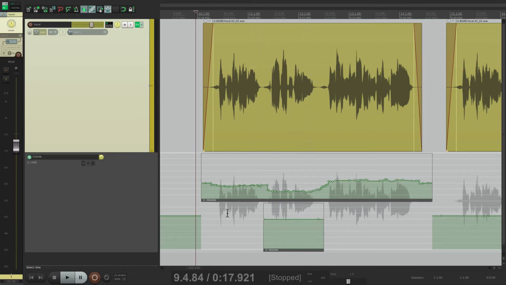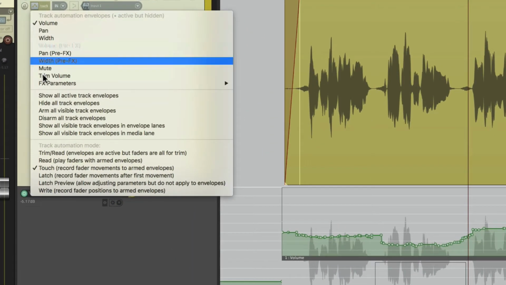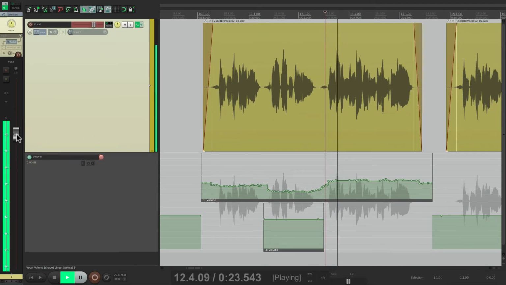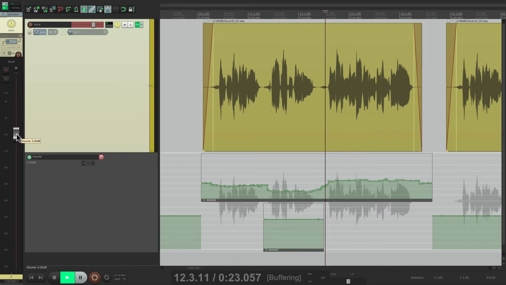We can do the same thing with the third line. Switch this to Latch Preview, put it at 0, and let's find the perfect level. That I should leave my reservations